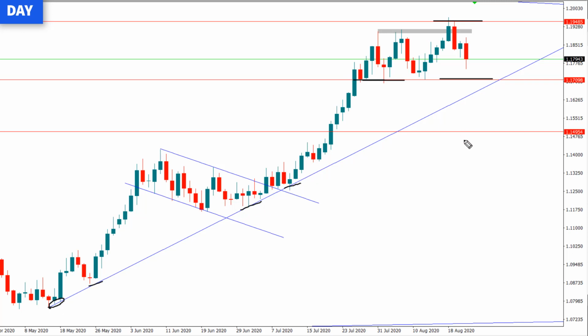You can see that. So I wouldn't be surprised if the bears come in next week to pull more price downward to the key level structure of 1.17098. And the intersection right here has a high probability to act as a confluence zone between the dynamic support trend line and the key level structure right here. So next week, I'm going to patiently pay close attention to this medium right here to see the reaction of the